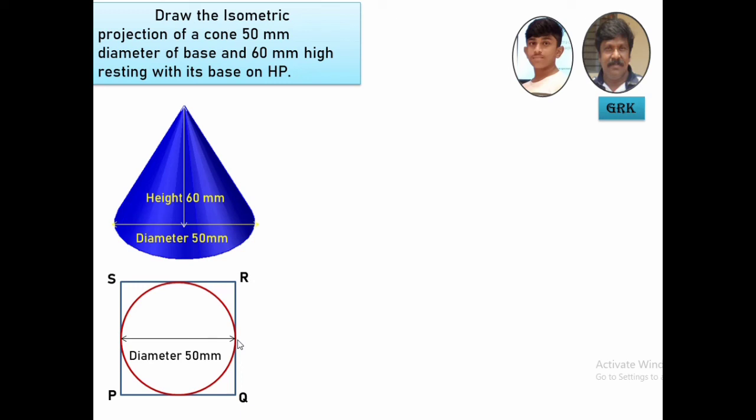All the problems you are going to solve in this chapter will be marked with isometric scale. If you want to have the isometric view, there is no need to take the isometric scale. Whatever the 50 mm is, you can plot it as it is and get the view that is called an isometric view or isometric drawing. Now let us draw the isometric projection of a cone having 50 mm as diameter and 60 mm as